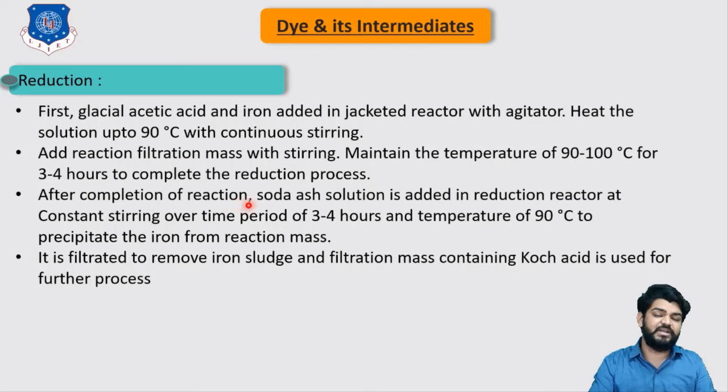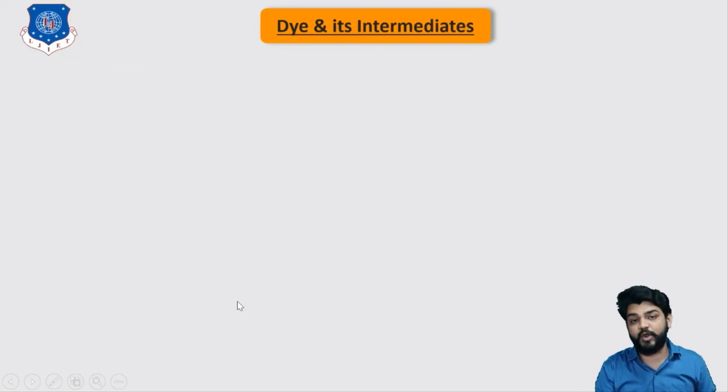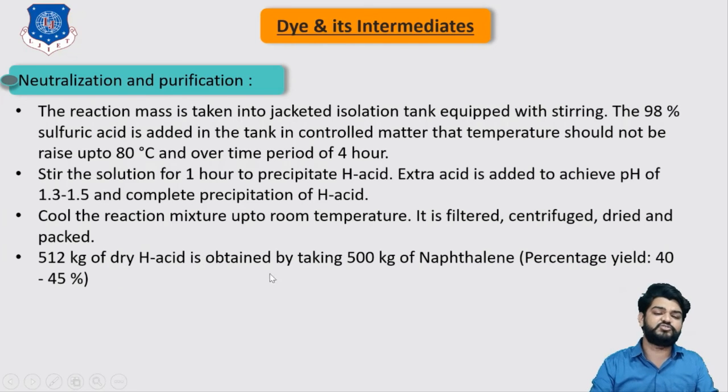After the completion of this reduction, we have to add soda ash solution slowly inside this reactor for 3 to 4 hours, and we still continue the temperature of 90 to 100 degrees Celsius, which will generate the precipitate of our reduction mass. Then this reduction mass is sent to the filtration unit, a plate and frame type, to remove iron sludge. The filtrate actually contains the koch acid, which is separated out for further purification. Now this koch acid is sent to one more reaction unit, that is, the isolation tank,